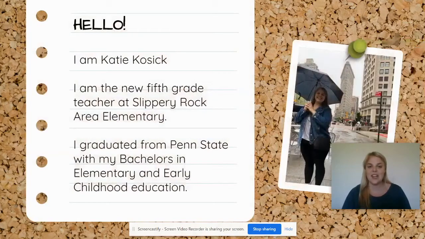All right, so here's my introduction. My name is Katie Kozik, and I am the new fifth grade teacher at Area Elementary. This is my first year teaching. I just graduated from Penn State with my bachelor's in elementary and early childhood education and my minor in special